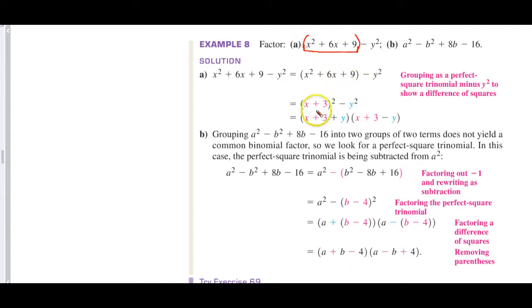They're then factoring this into a binomial square and then minus this. So in a sense, you have here a squared minus b squared right here. So then it's going to be this plus the y, and then this again minus the y. And if you have something like that, that's how it's factored. Okay? And in letter B, if you put a parenthesis right there,